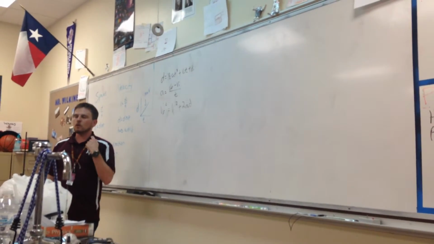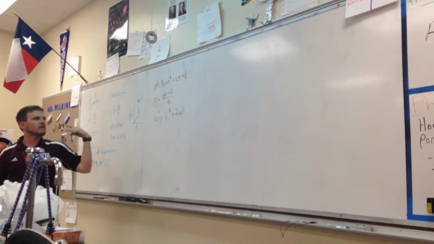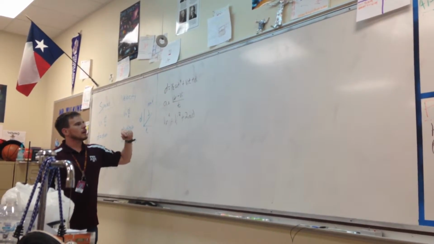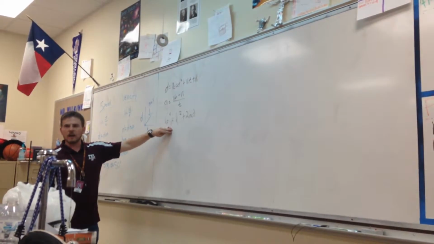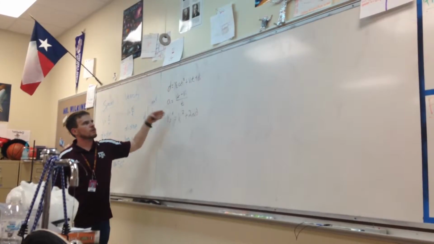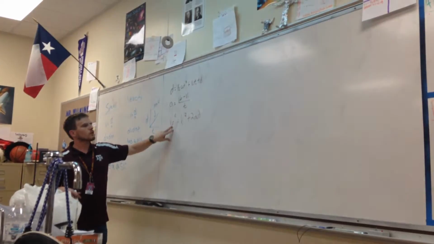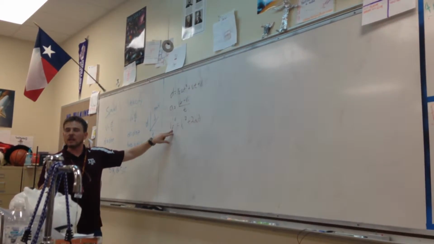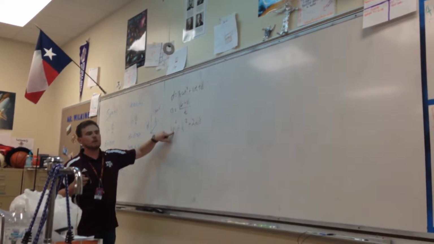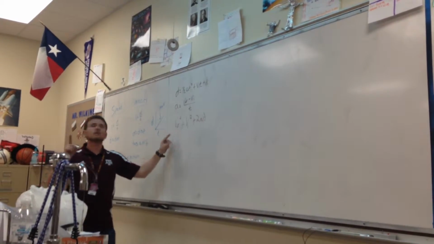Let's just say that you didn't know time and another variable. So you knew everything but time and, say, distance. Well, sometimes it was easier to use this formula rather than trying to find out one of the variables using one of these two other formulas. Oftentimes it comes in handy if you don't know the time or the final velocity. So if you don't know the time or the final velocity, this vf squared equals vi squared plus 2ad comes in handy because if you don't know the final velocity,